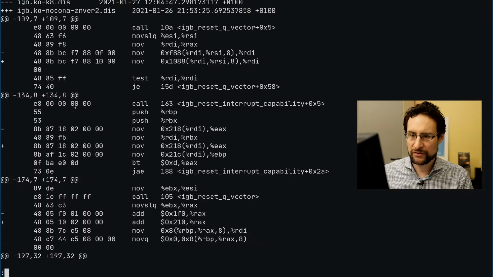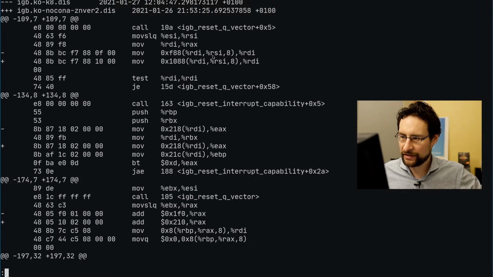Here you see the moves use the same registers, RDI, the extended destination index, and the extended source index of 64-bit stuff, with just another tiny bit of offset. Otherwise it's the same instruction, moving to even the same offset, 218 hex from DI.